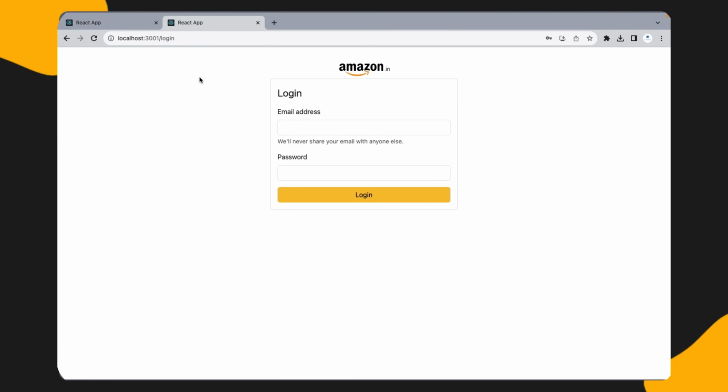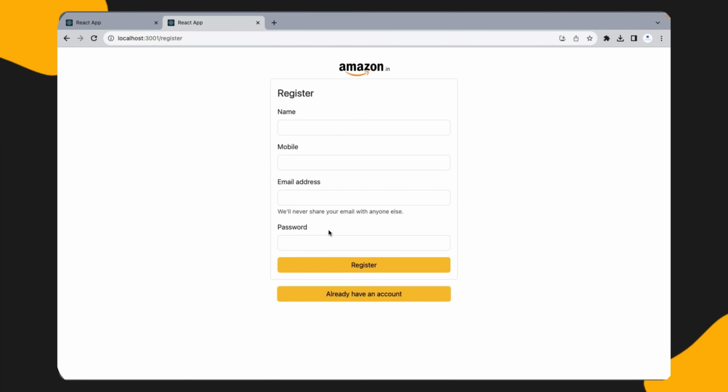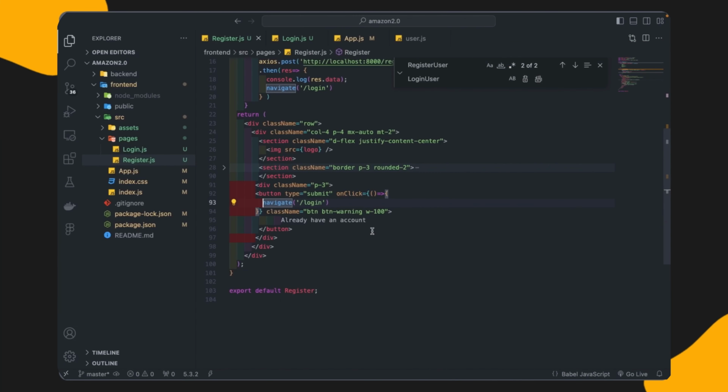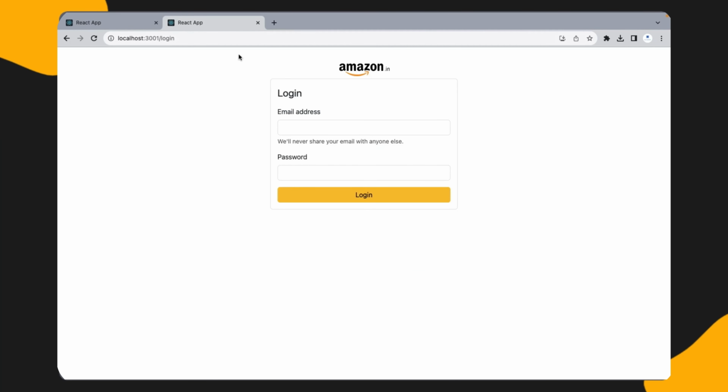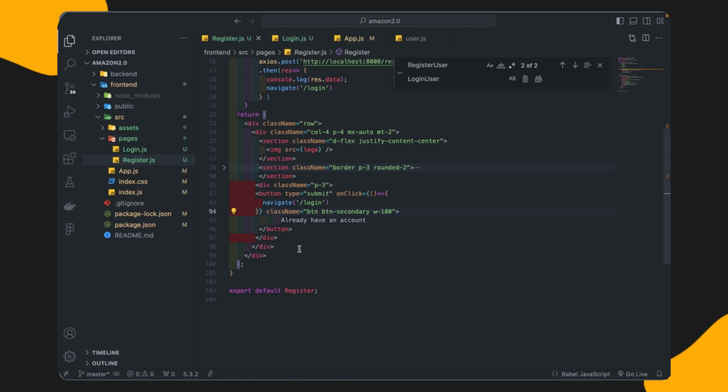I will move to the register page now. From here in the URL I will type register, and here you can see the already have account button is coming. I will change the color, because here I have used BTN warning, so I will make it BTN secondary, so it will give a gray color. And here you can see now I will click on this already have account, then the login page is opened, and the same thing, this div I will copy,